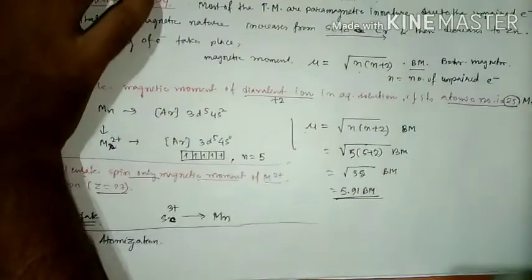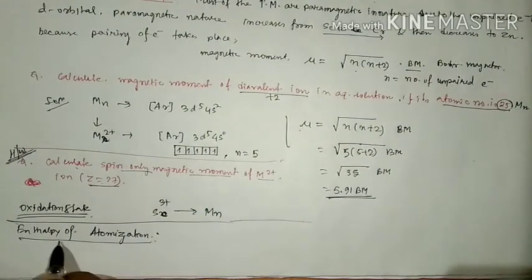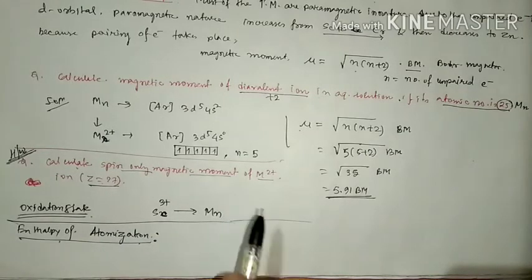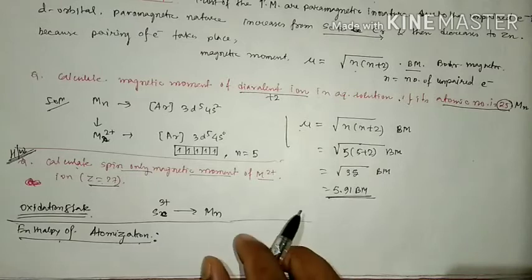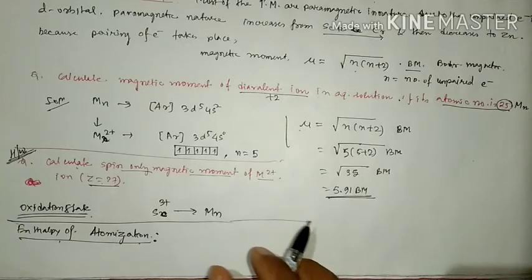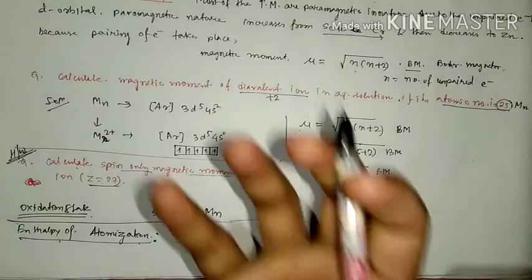Okay, enthalpy of atomization. Now, what do you mean by enthalpy of atomization? Enthalpy means energy. Atomization means, see, these elements, that means transition metals, occur naturally in the multiple atomic form. Suppose, let us take an example, iron, nickel, copper. These are obtained as 2, 3, 5, or you can say 150 atoms in a combined form,